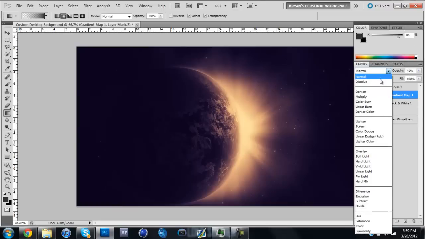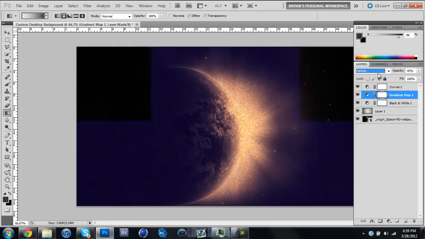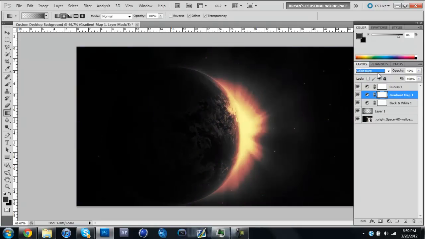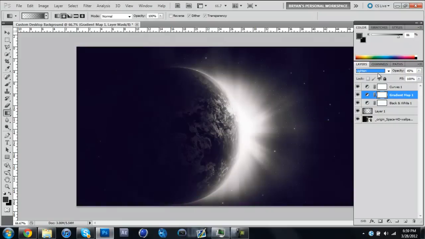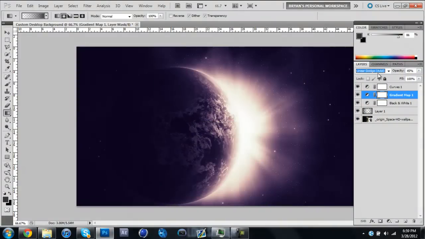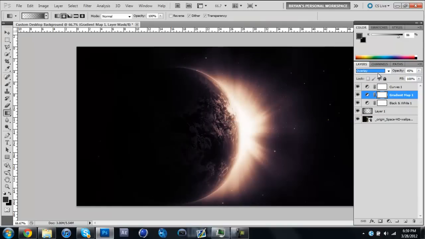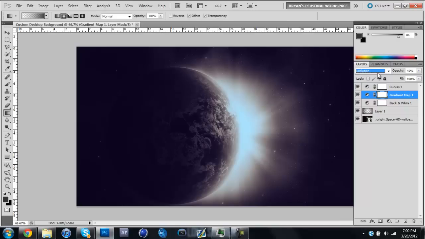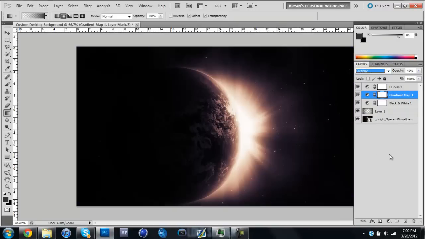Now, if you want to get into more detail, you can click this little drop-down arrow, and you can scroll through all of the different layer styles. The ones I usually like are linear dodge add, maybe overlay. Overlay's a really good one. Soft light, hard light, vivid light. It all depends on the color correction you're going for. Those are the main ones. So I'm going to stick with overlay this time, and